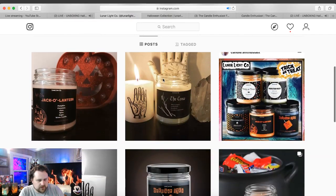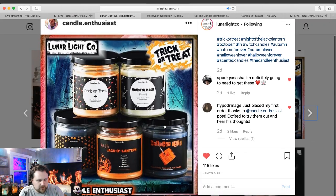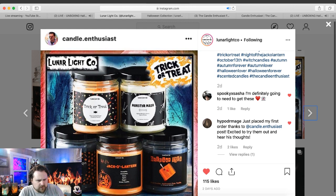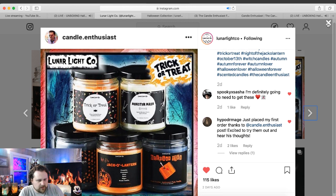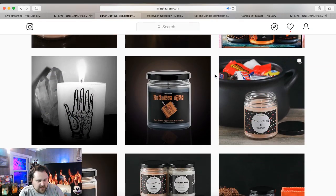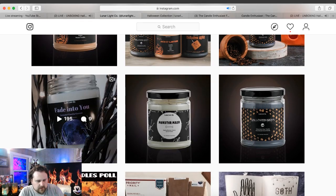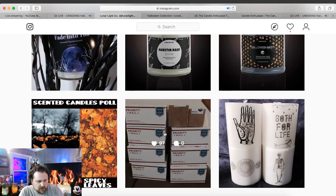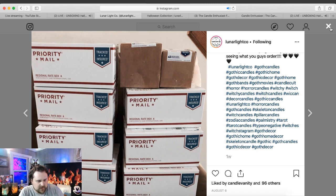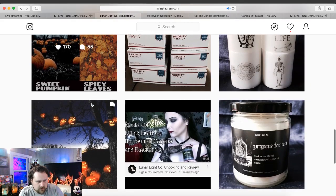Instagram profile, so you can see other people. Here's my photo. I just photoshopped an existing photo, but you can keep up to date with all of the activities, when things sell out, if things are restocked. Plus, there's other candles. Oh, there's the stuff that's sold out. Again, we're talking about a small production company, guys, and